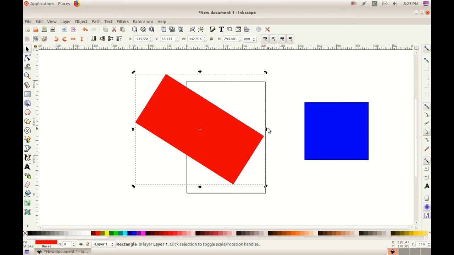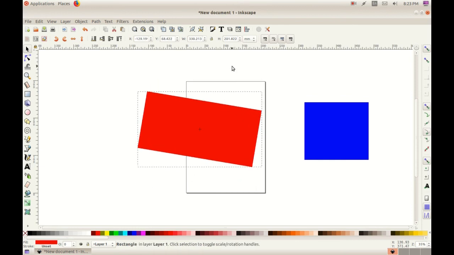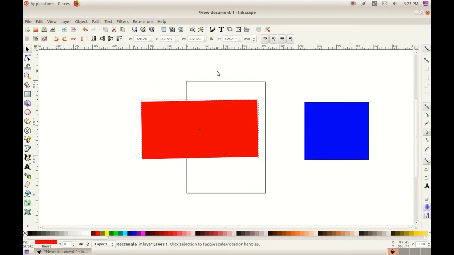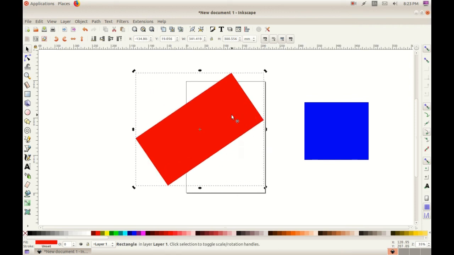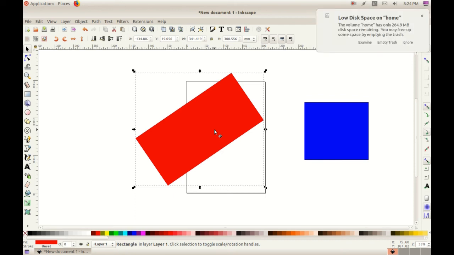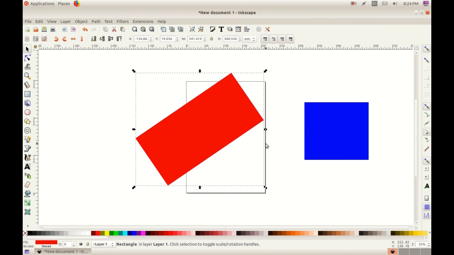To rotate an object. How did I rotate it? Click 2 times. By a single click you cannot rotate. For rotating you have to click 2 times. Well, this is for rotating.